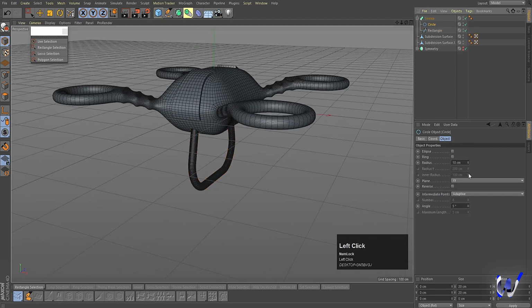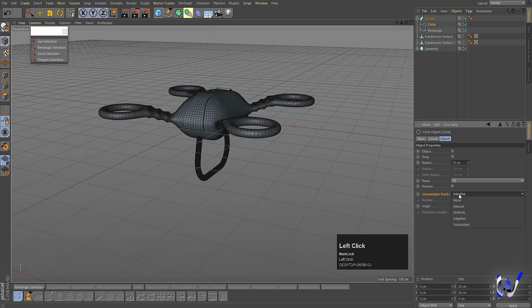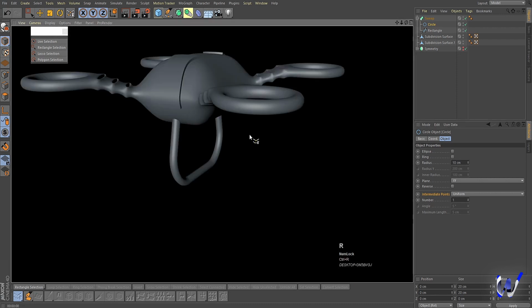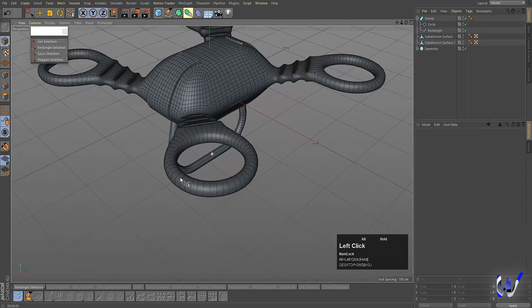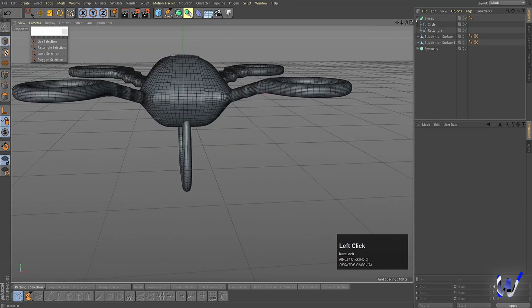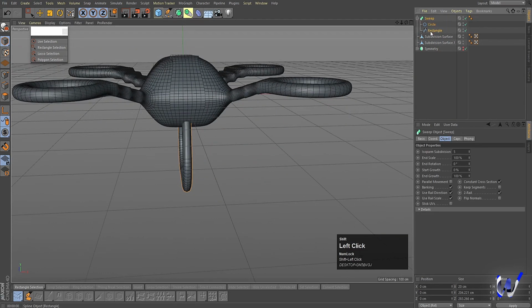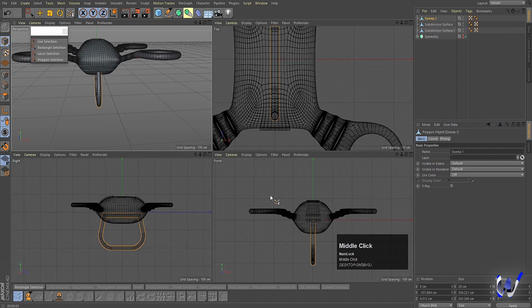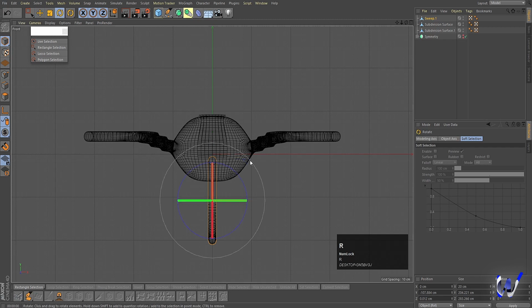Now select this circle, intermediate points instead of adaptive I'm going to choose uniform, and if you decrease the numbers, as you can see, it will also increase the edges also. Yeah, so our file is not gonna be that much heavy. Now select this sweep and then this rectangle, right click and connect object plus delete, and then press E, press R for rotation, rotate it like that, press E, then W and move this over here, move this over here,